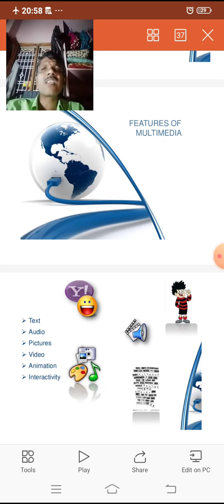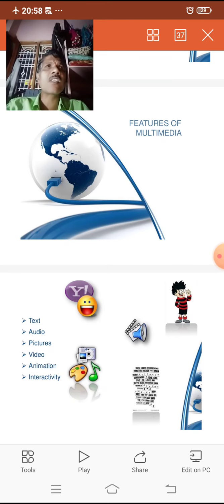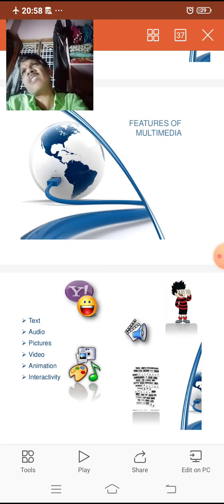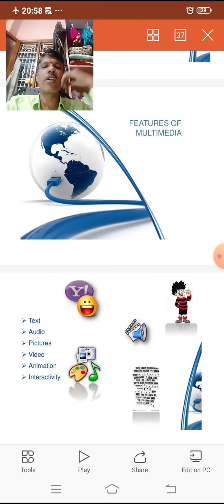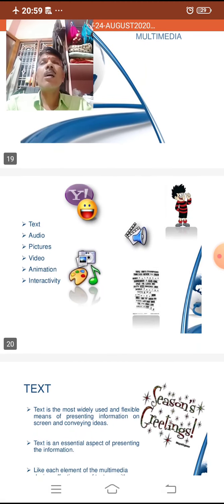In addition, these multimedia components are used in movies and entertainment, as well as in different types of video games. The multimedia components play an important role in video games. Video games may have all these types of features, two or more or a combination of all five: text, audio, video, pictures, animation, and interactivity. That's why the multimedia component plays a critical role in multimedia games.